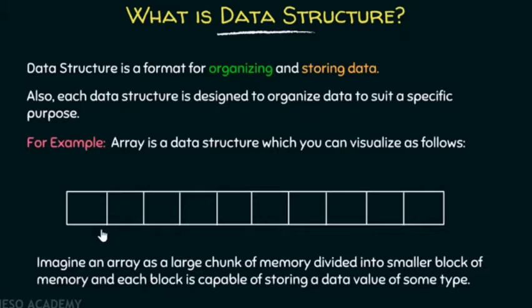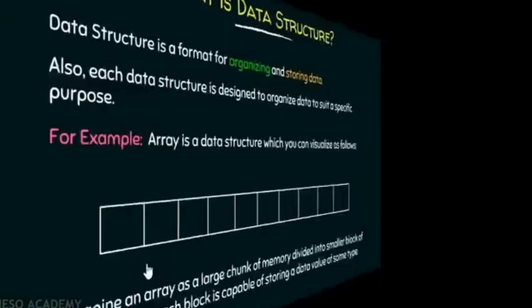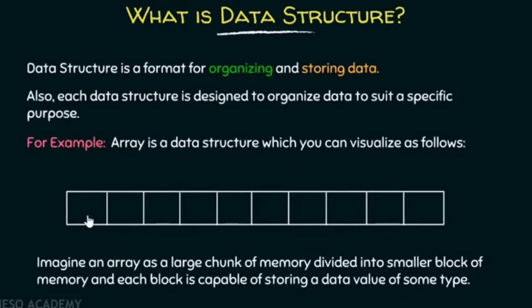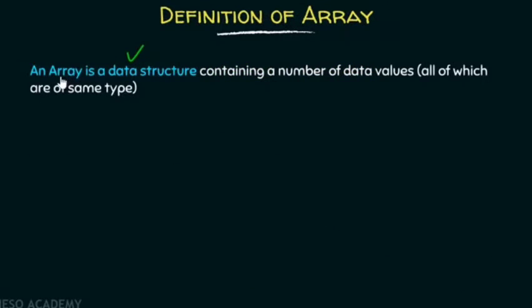It's a data structure because here you are storing the data as well as all the data is organized in a sequential manner, right? That is why an array is a data structure. In each block, you can store some data of some type, and all of them are organized in a sequential manner. So we can understand that an array is simply a data structure, right? So the first part of this definition is very clear that an array is a data structure. Let's come to the next part.